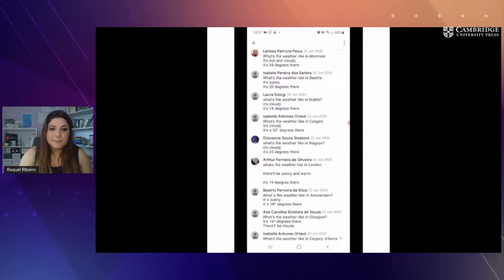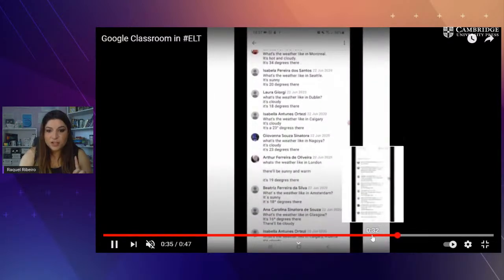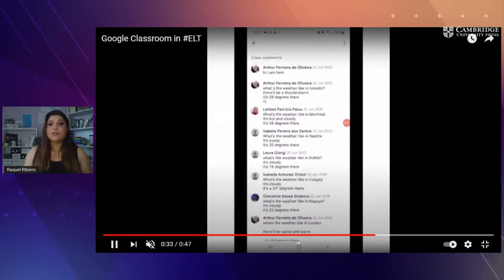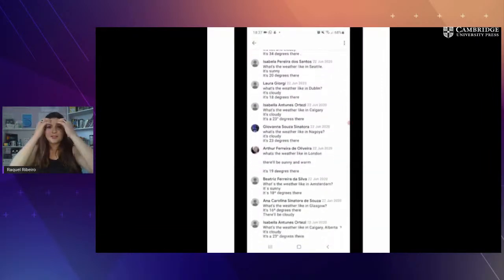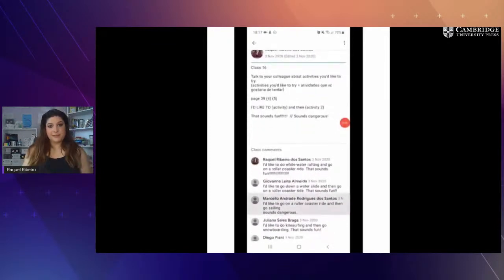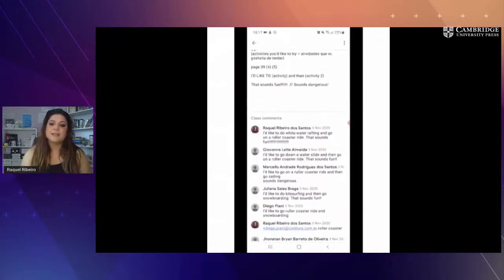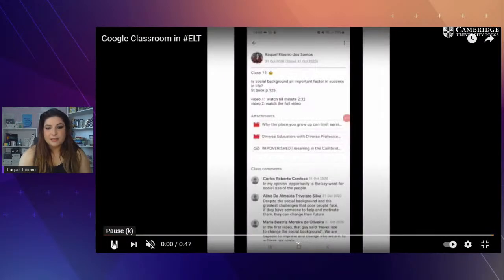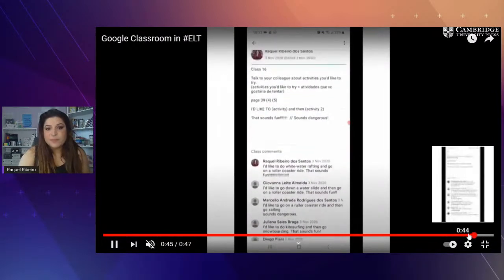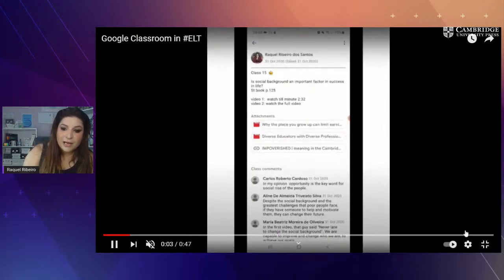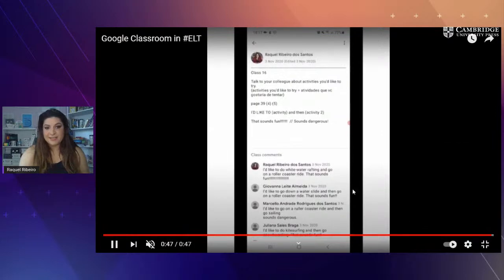The other one is a basic level group. Actually, it's a teenager group. With this group in particular, I used Google Assistant, the artificial intelligence of Google Assistant, and they had to check the weather in different cities and write. The next one about activities, let me just go back here. Yeah, this one, activities that you would like to try, a group of teenagers, and they replied here what they